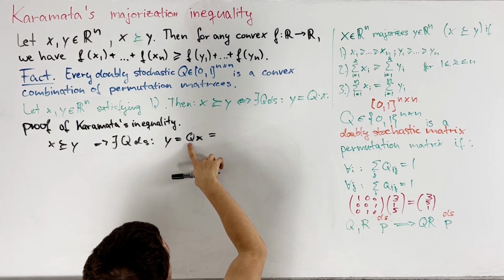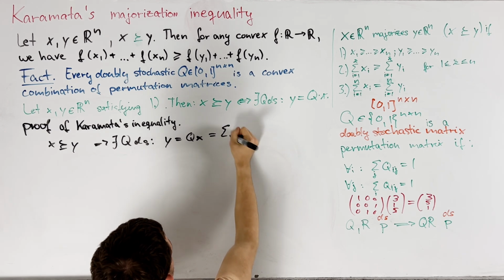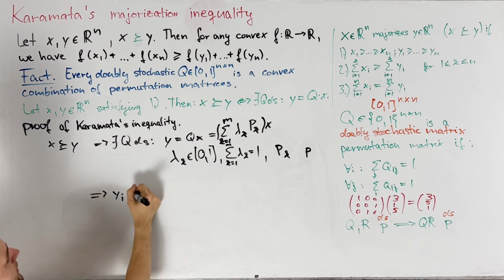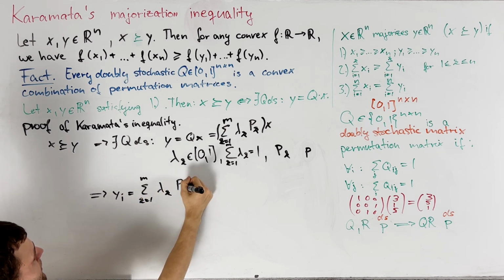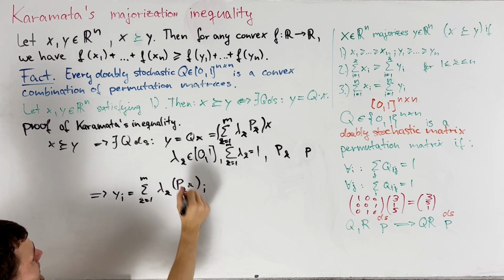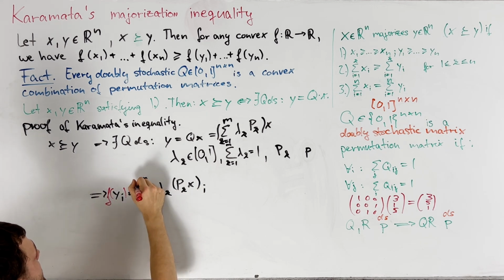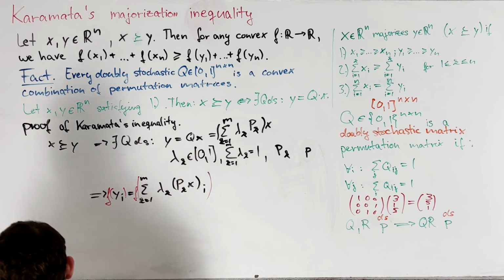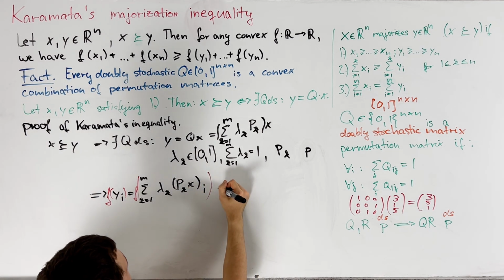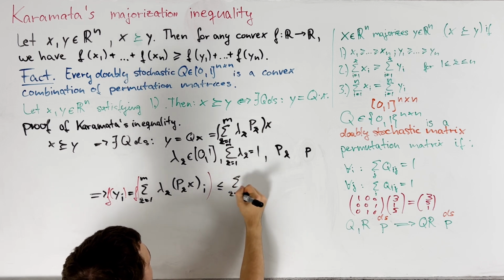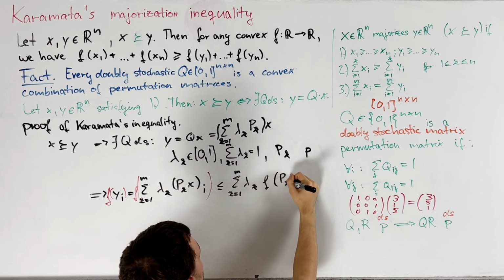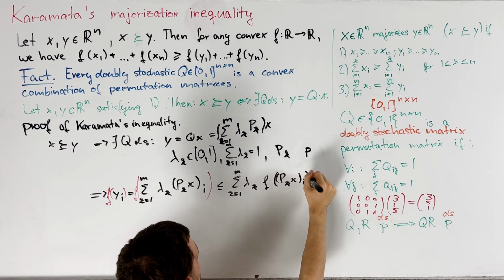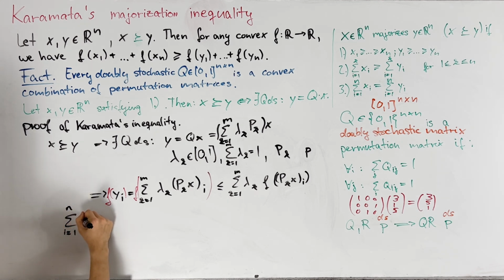First of all, we can write Q as a convex combination of permutation matrices. So we can write yi as the sum of k equals 1 to m of lambda k times Pk x evaluated at the index i. Applying f on both sides, we now definitely see that Jensen's inequality is applicable, and we obtain that this is less than or equal to the sum of k going from 1 to m of lambda k f of Pk x evaluated at i. Summing over i, we obtain that the right-hand side of our inequality, which is now on the left,